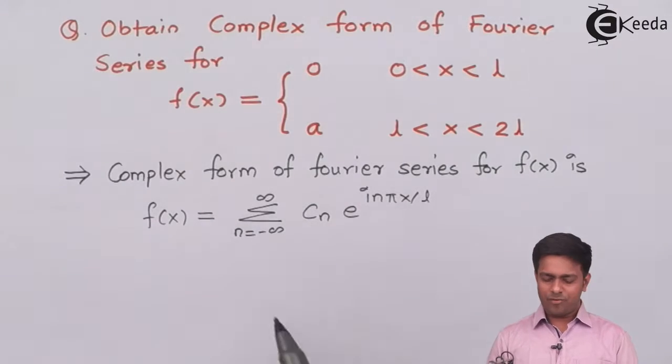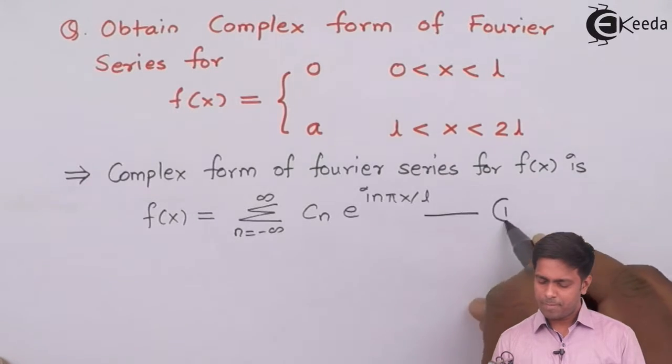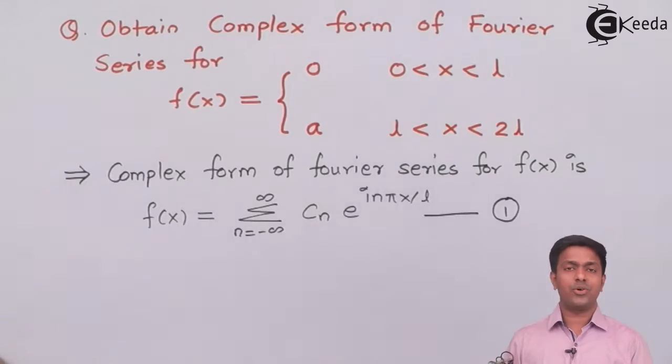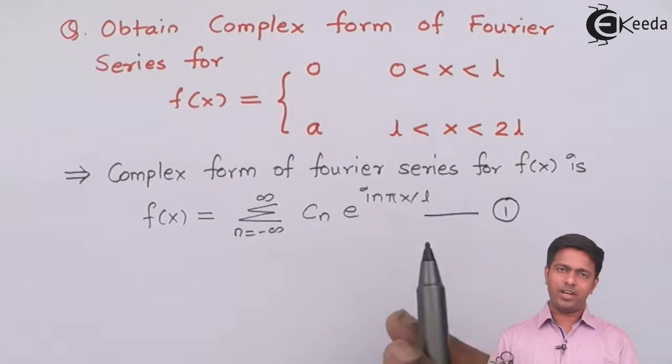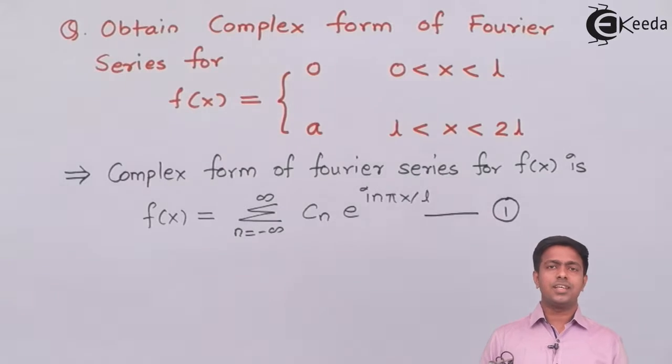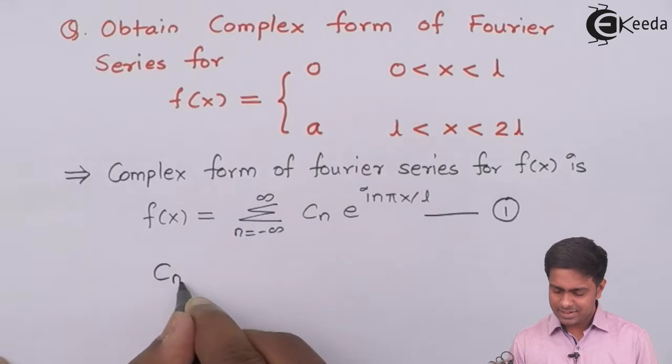So guys, this is the formula to find out the complex form of Fourier series for f of x. So I'll be calling this equation number 1. Now guys, here Cn is the unknown. So we have to find out the value of Cn and then put that value in equation number 1 to get the complex form of Fourier series. Now the question is, what is the formula of Cn? So here I'll write it down. So Cn is